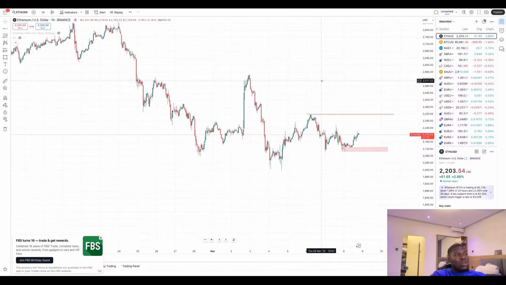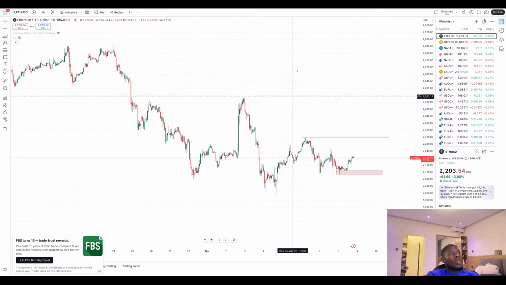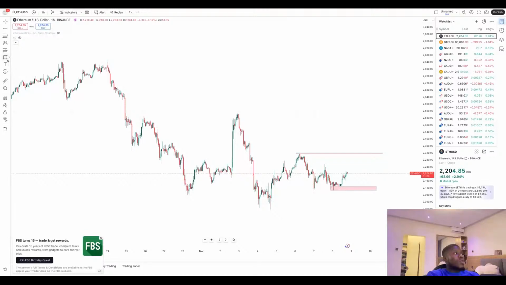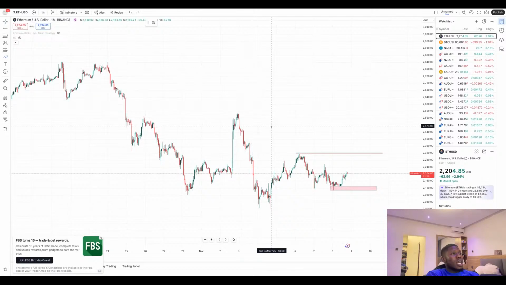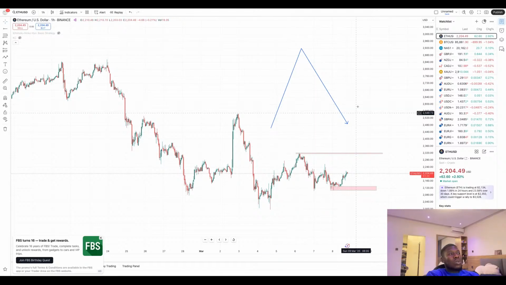There is what we call a swing. We talked about it over and over in the previous classes, but for the sake of people joining us today, a swing is just a movement like this. So a movement from up or down to up is a swing. A movement from here to here is a swing. Here is a swing point. Here is a swing point. A swing is a place where there is a change in direction